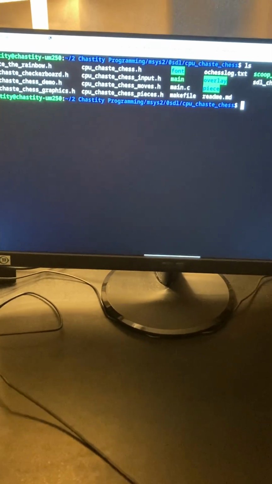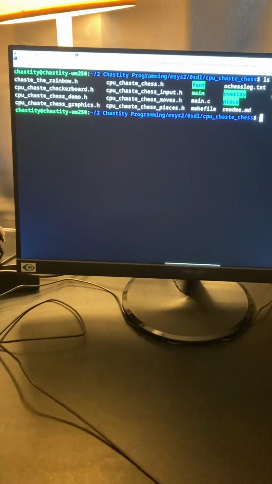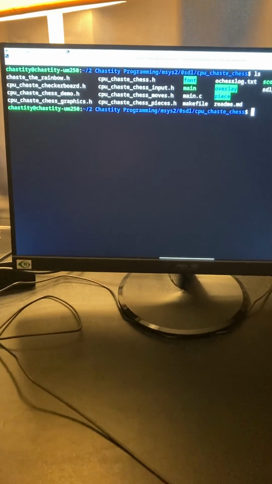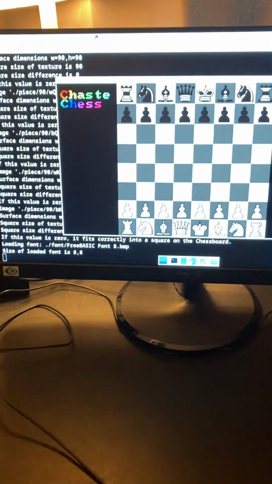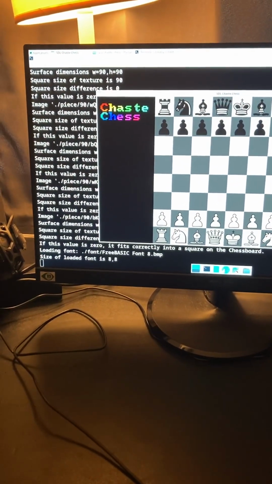CPU Chaste Chess. Now, you know I published my Tetris game on Steam, Chaste Tris. But Chaste Chess is going to be the next thing I release. And what I'm going to do here is I'm going to type make, and I'm going to show you how this works. So I type make, and then what it does here is it's already compiled, and it has